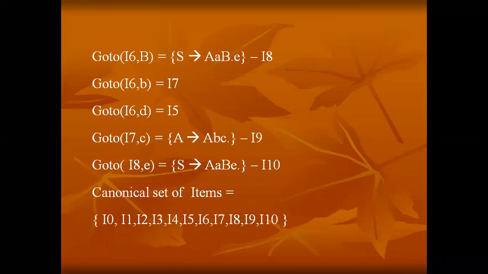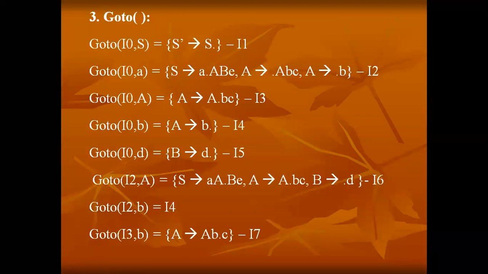And finally, how many items do we get, meaning from I0 to I9, that we generate from this grammar by performing the goto operation. Is it clear to all of you how to construct the goto function? This is the process of computing the goto function, just by calling the item number along with the symbols.